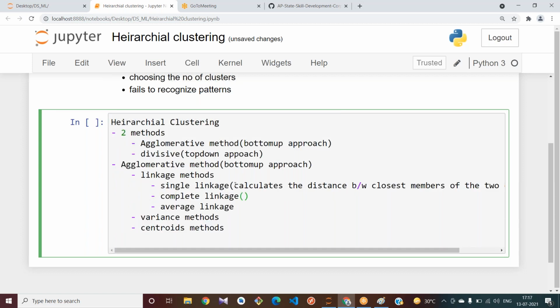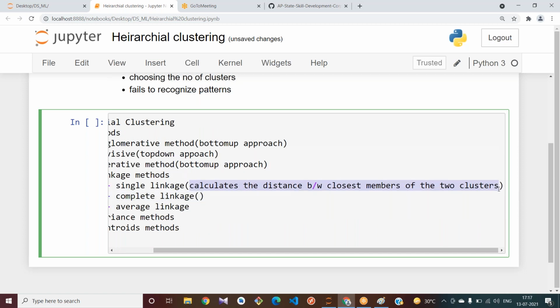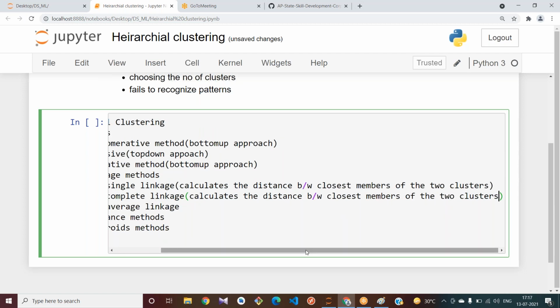And in the complete linkage, what does it try to do? Please respond to me in the chat box. In the complete linkage, what does it try to do? It's the distance between the far clusters, nothing but the farthest points.